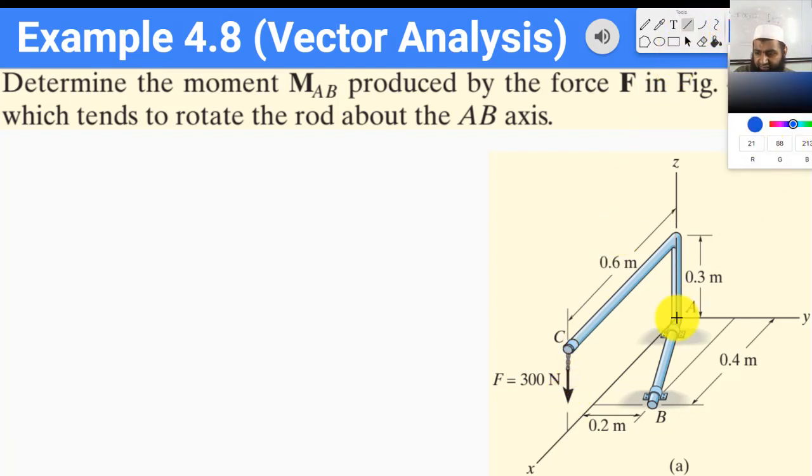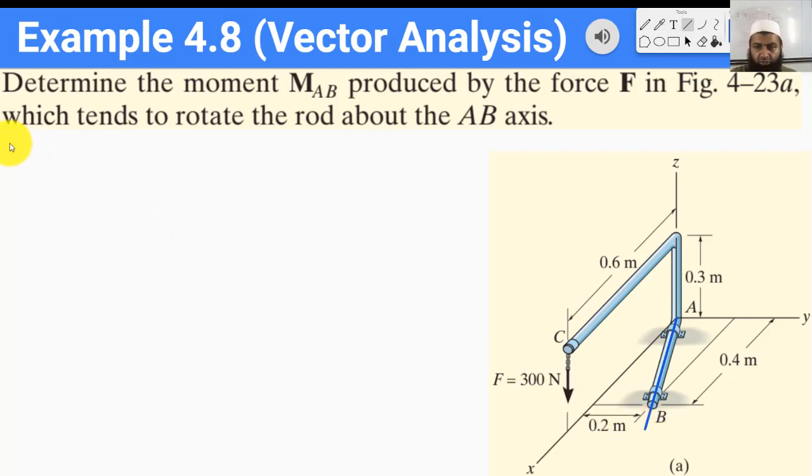Let me draw the axis. We want to find the moment along this axis. Okay, and so we already know the formula. Let's see how it is applied. So we know that the moment,